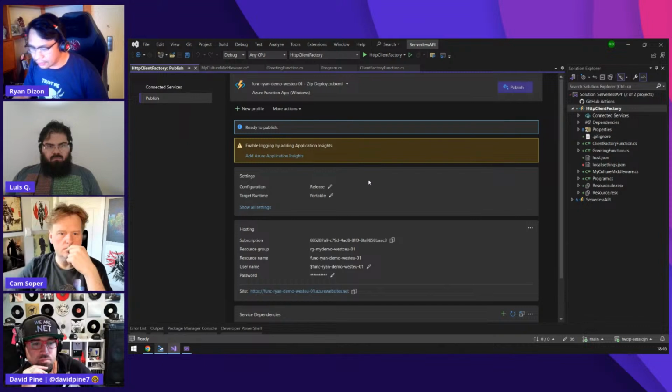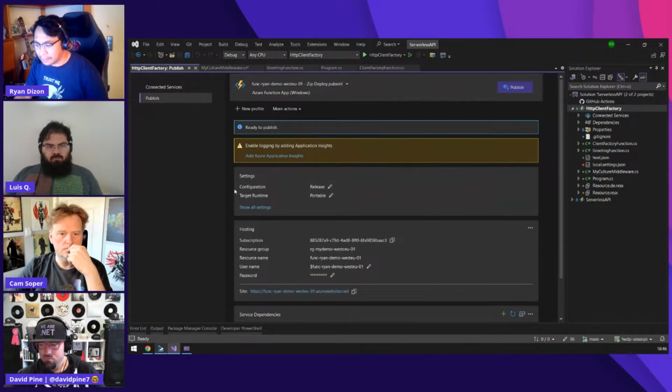When that finishes, I can just click this publish button, and that will deploy to your Azure account. But of course, this is not the ideal one.